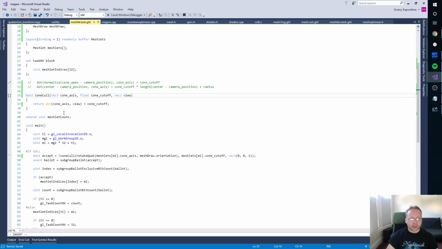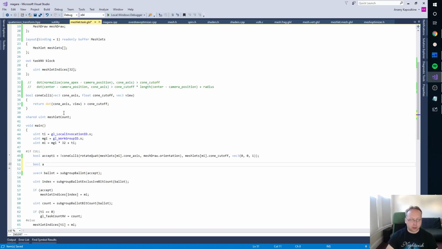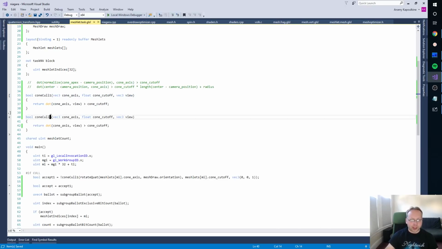So let's just make functions, right? Is this used later? We'll just compute all of them and then see which one works better. So this is our old function, right? So then the other function